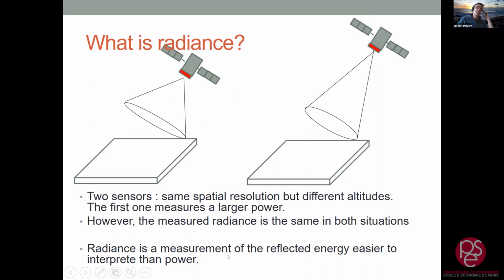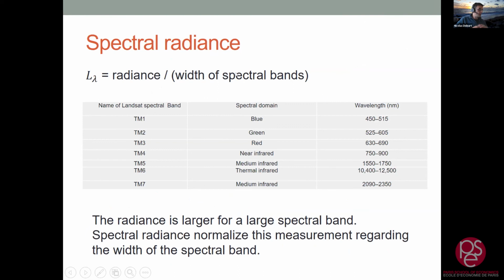So the radiance is a measurement of the reflected energy that is easier to interpret than power because it is not related to the characteristic of the sensor. And finally, the quantity that is rarely measured by the instrument is what is called the spectral radiance. So it is the radiance, and once again, it is normalized by something, which is the width of the spectral band. Why? Because the radiance is directly proportional to the energy that is received, and this energy is bigger for a big bandwidth and smaller for a small bandwidth,